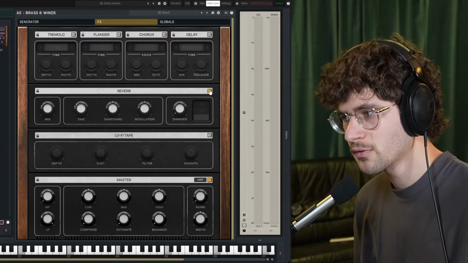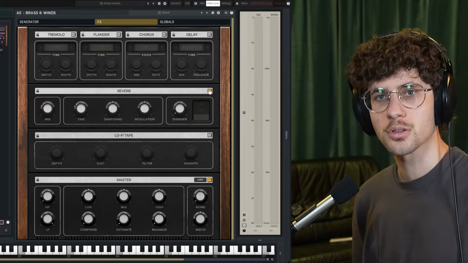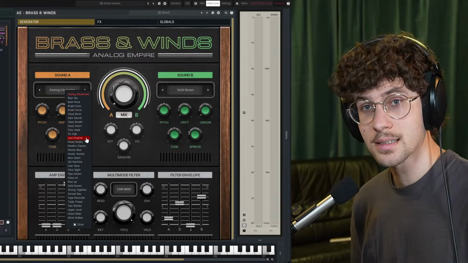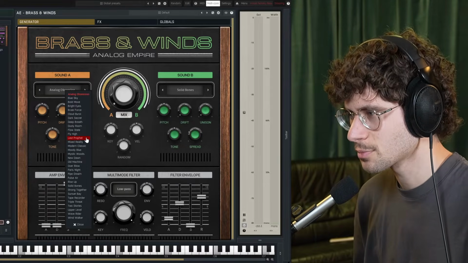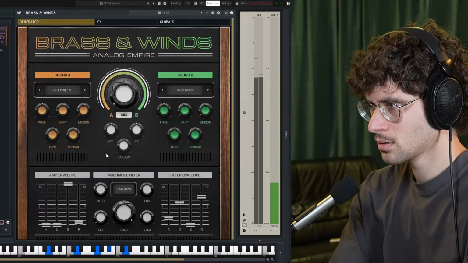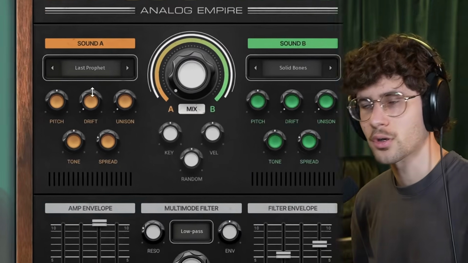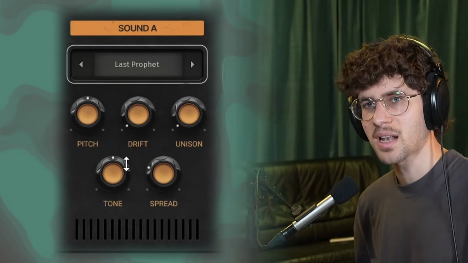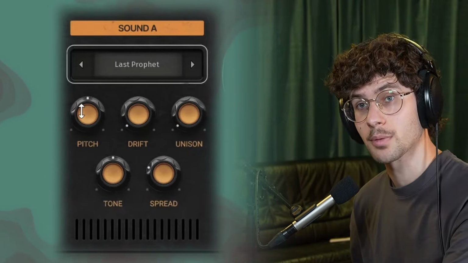Currently, we have some reverb and master effects on there. Let's turn those off for now. And let's listen to a different sample set, Last Prophet. Now these 5 orange knobs are effects that are only applied to sound A. We can, for example, pitch everything up,